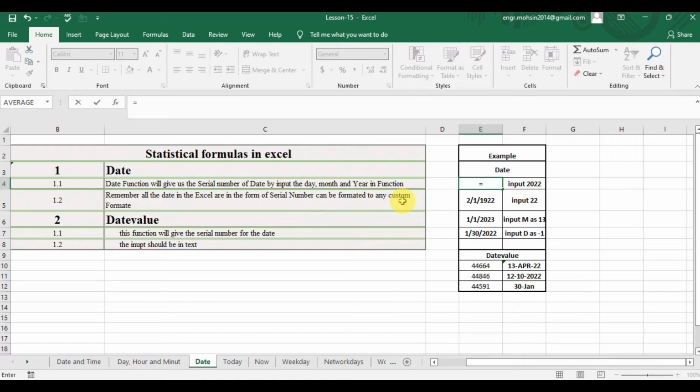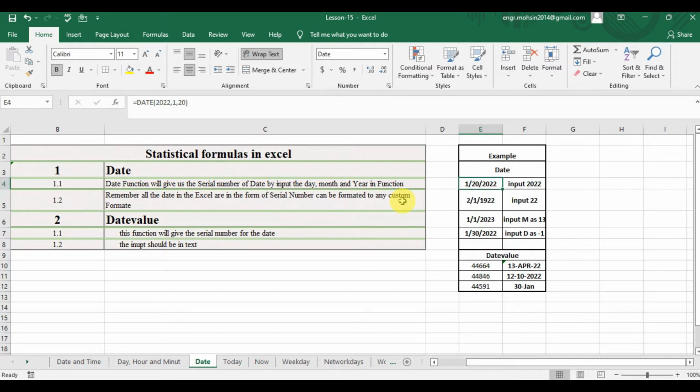So what we will do, we will click here equal to and then follow by date and then tab, and then the function will ask you the year. So here I will write here 2022 followed by comma, and then month, I can write here any month, for example the first month followed by comma, and then the day, sorry, so day 20 you can select, and while closing the bracket